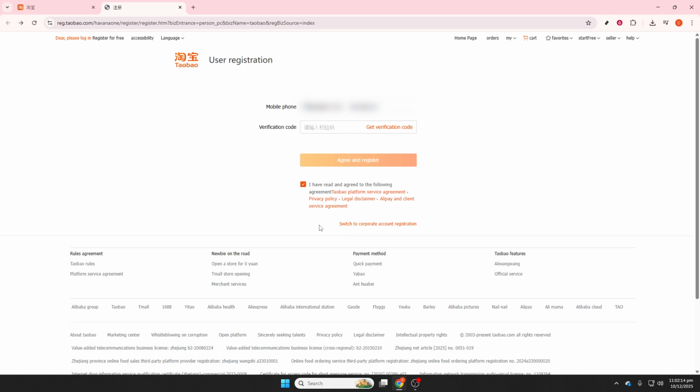As a quick tip, keep your phone nearby for future security verifications and double check that your browser translation is on if you prefer English. Follow the same flow on 1688 using your mobile number, slider verification, SMS code, and password. You're now set up to shop and explore across